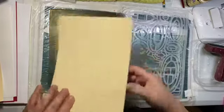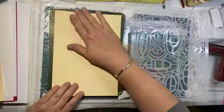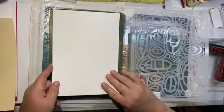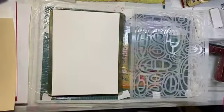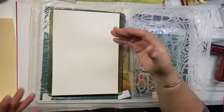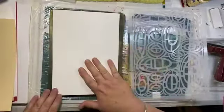Okay, and this was real interesting too. You're gonna love this. Today when I painted these, I put them on this jelly pan. See how it sticks? Well, okay, so I put the paper on here. It's a perfect fit for the 8x10. And I painted the first one off of here, and it curled up like this. It curled and bowed because of the moisture in the paint making it want to warp. Well, the second one I pushed down on the jelly plate and I painted it, and it stayed completely flat